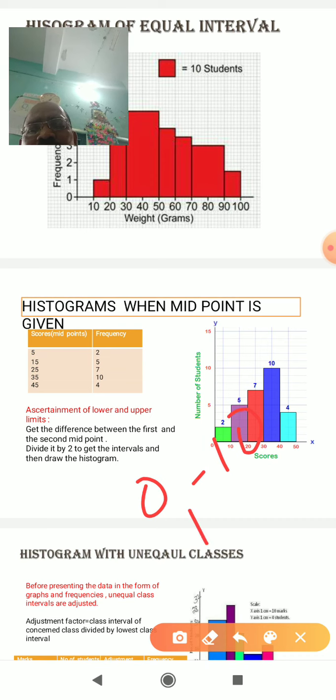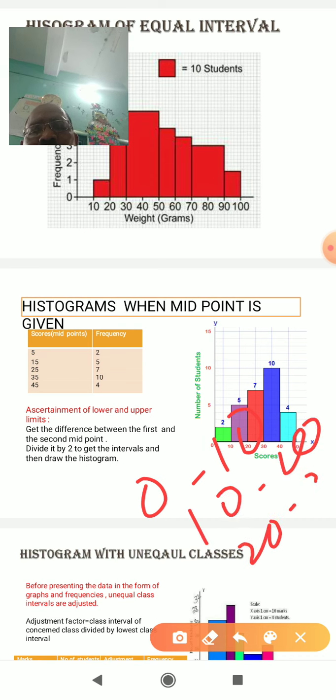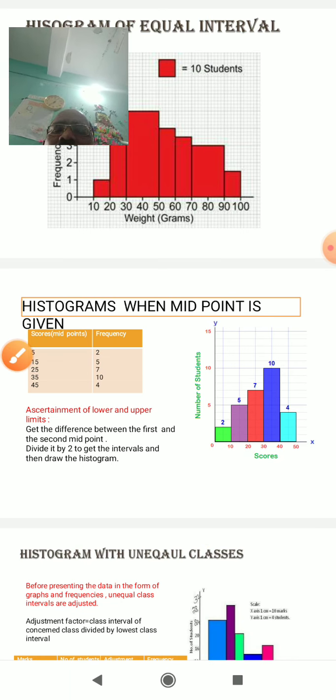Second class is 10 to 20. Third class interval is 20 to 30. Just like that, the class intervals are converted to 10 to 20, 20 to 30, 30 to 40, 40 to 50, and the frequencies given are 2, 5, 7, 10 and 4. And we have to draw the diagram on the basis of class intervals, which can be converted from the midpoint